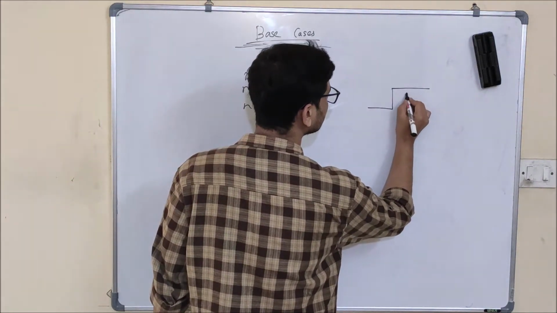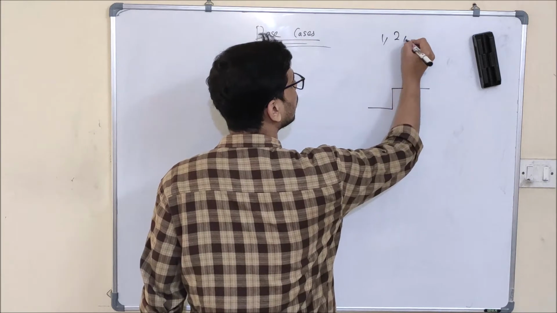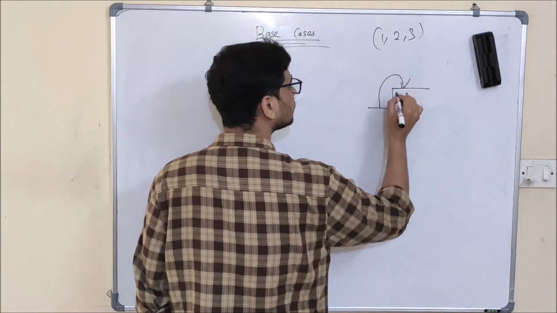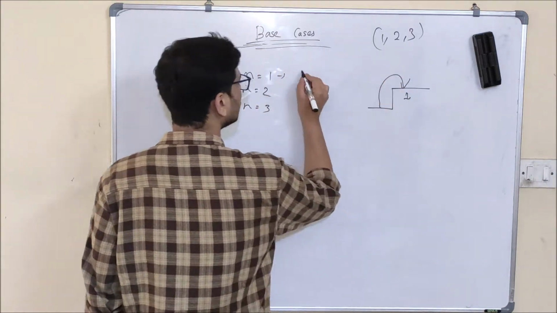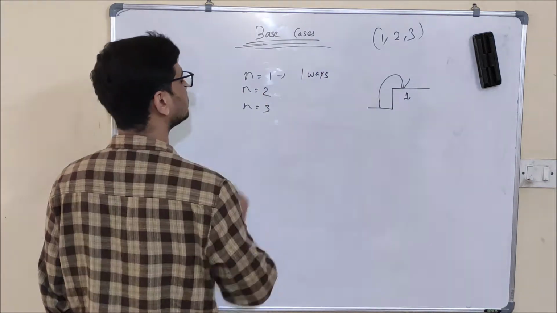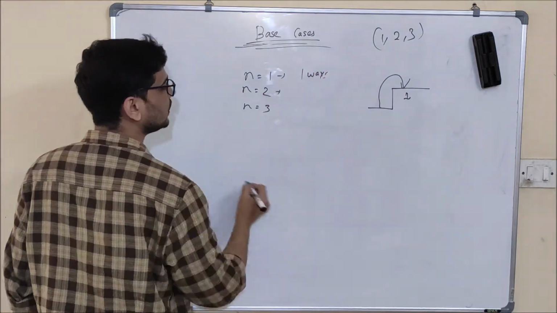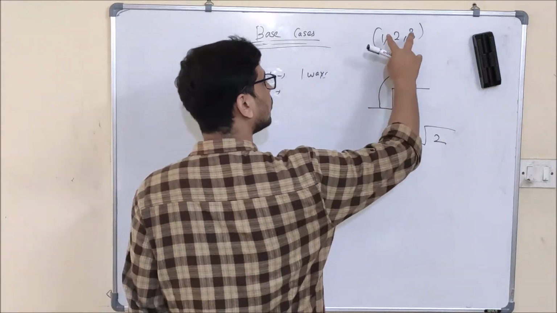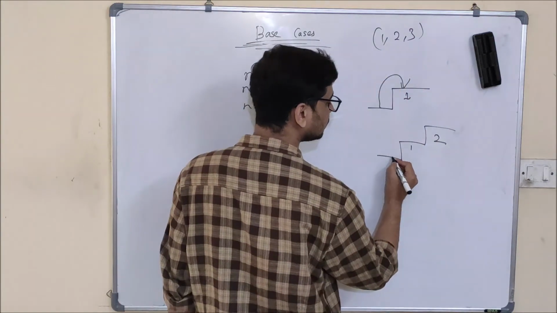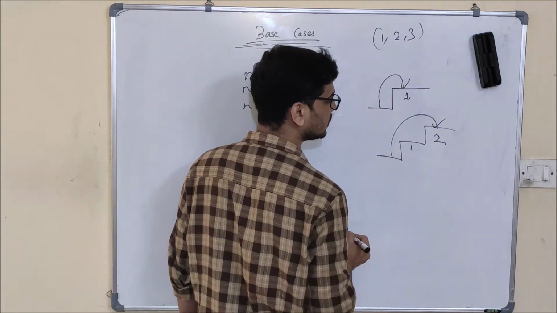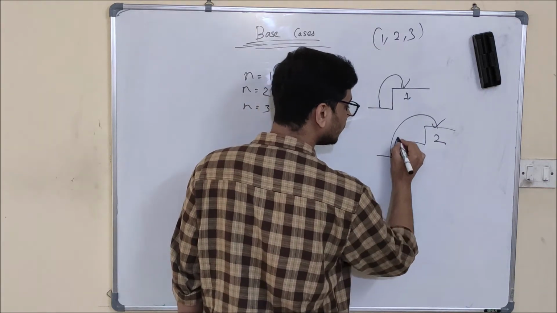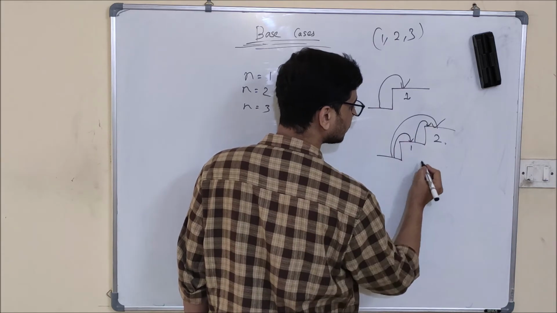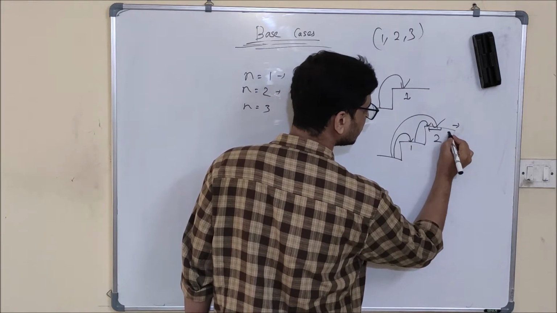Suppose I have a staircase of 1 step and the options we have are a 1, 2 or 3 step jump. Here I can only use the first option, that is a 1 step jump, and reach the top. So it will be one way. And when we have a staircase of 2 steps, I also have these three options. What other option can we use? I will take a 2 step jump and reach the top. And the second option is I can jump to the first step first, and after that one more jump, and reach the top. So the total number of ways is 2 ways.